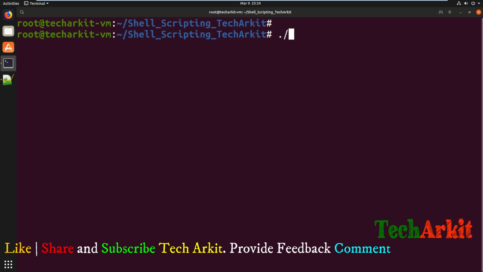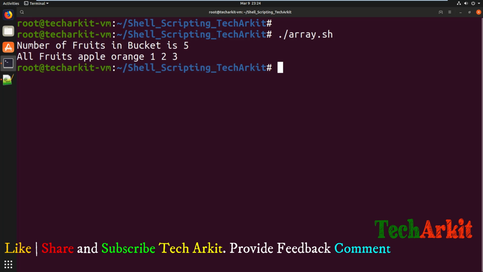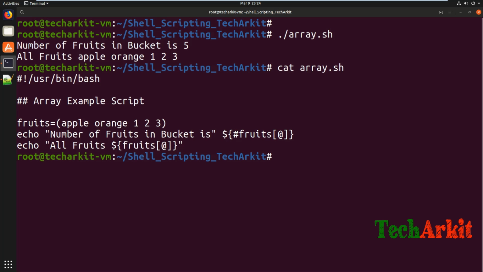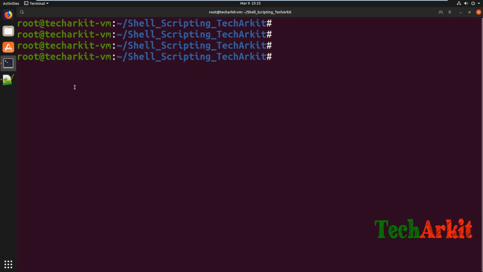Let's see this array example. I can see how many fruits are in the bucket, which is 5, and all the fruit names, apple 1 2 3, are going to print over here. So the example is that whenever you say at the rate, it prints all the values which are associated. Okay, let's see the